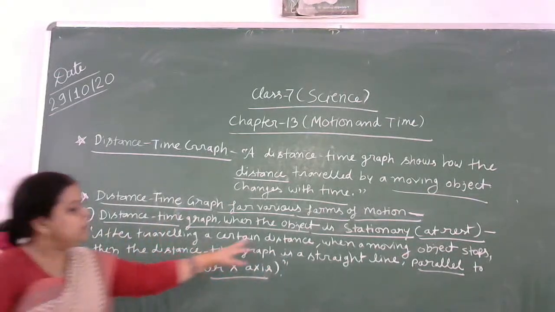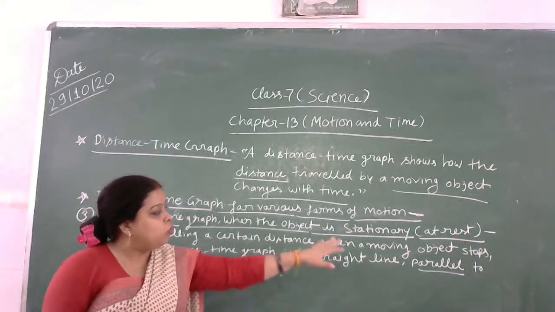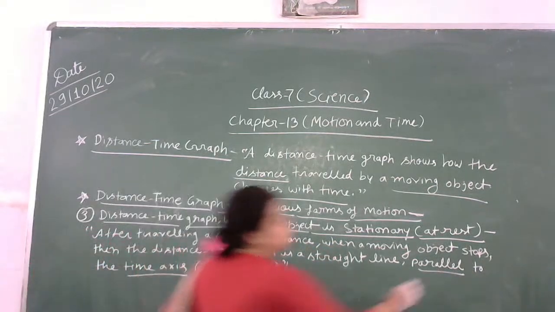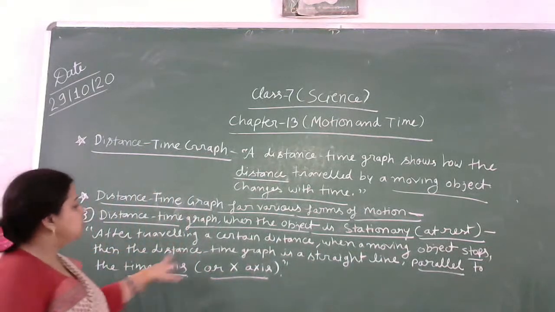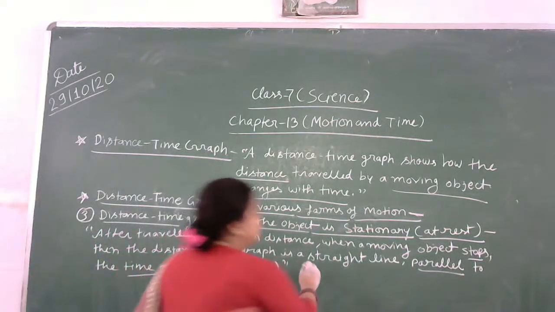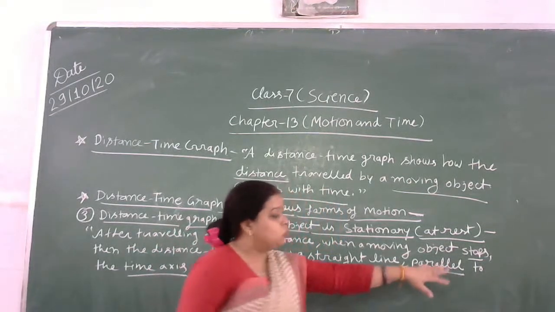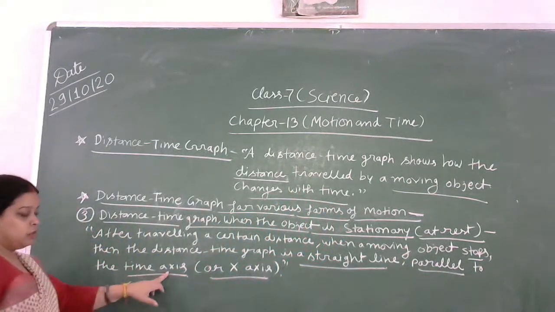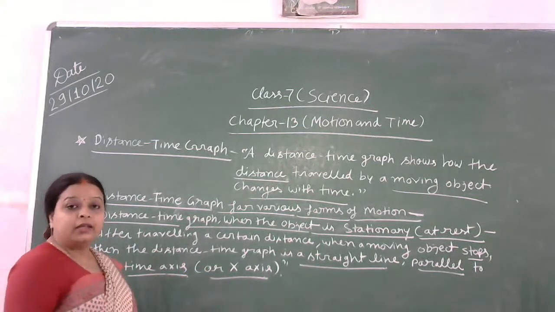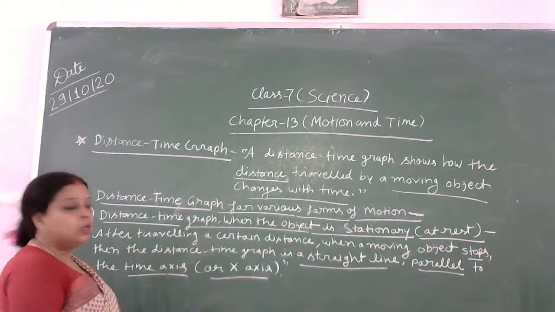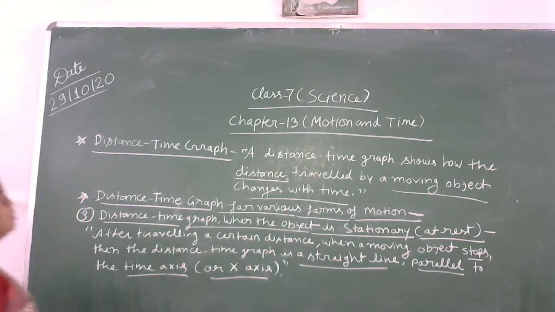After traveling a certain distance, when a moving object stops, then the distance time graph is a straight line parallel to the time axis. The time axis is the one at the bottom, the x-axis, and the graph which is obtained is